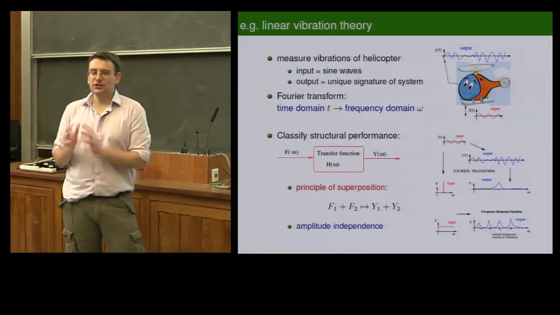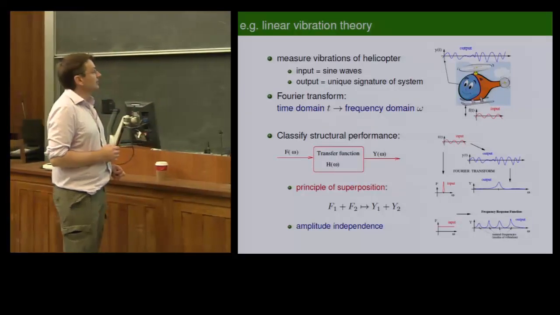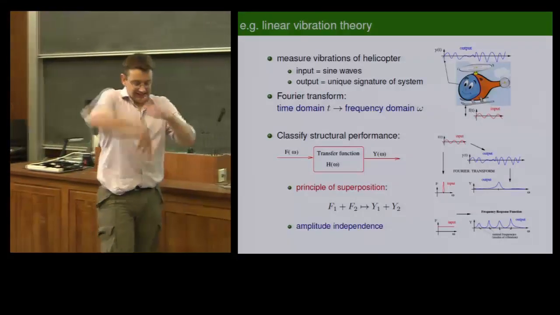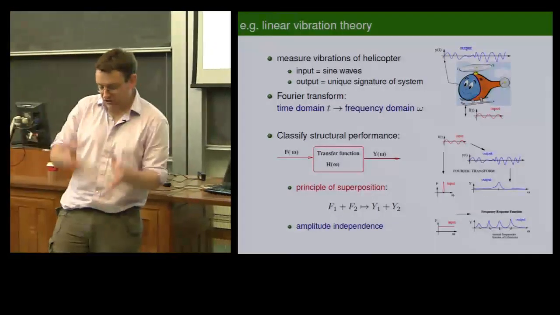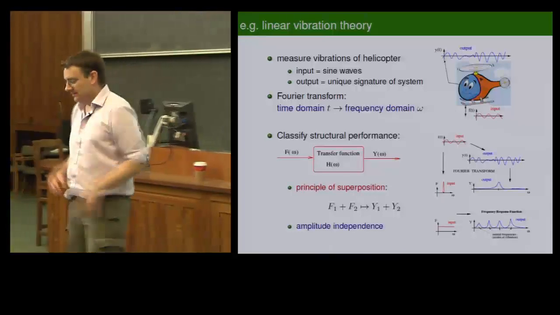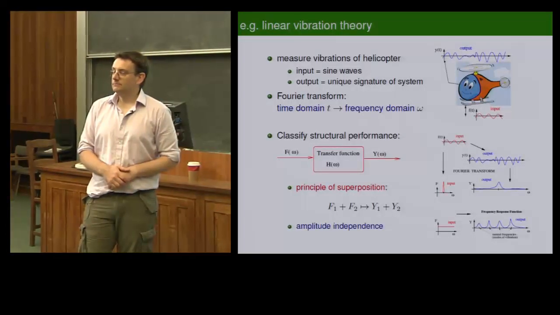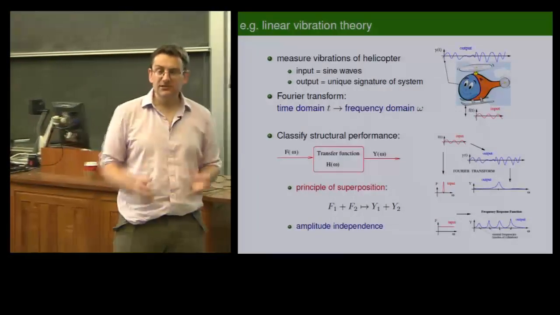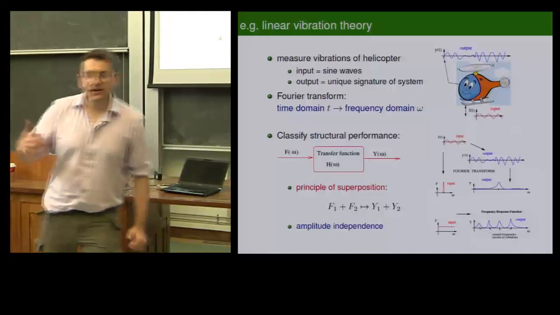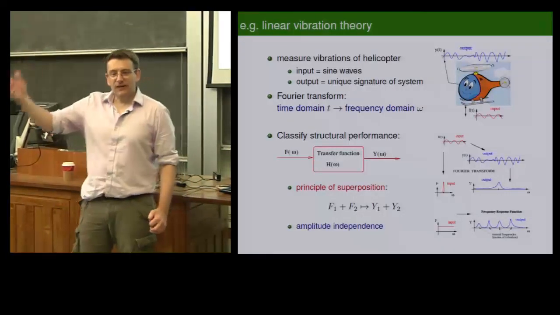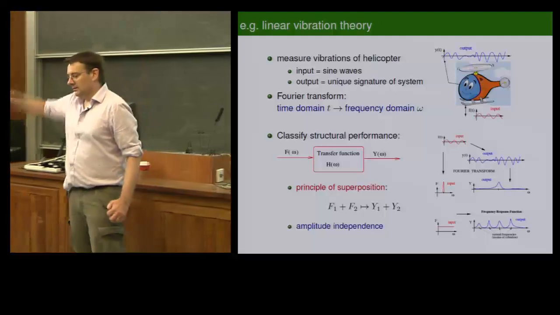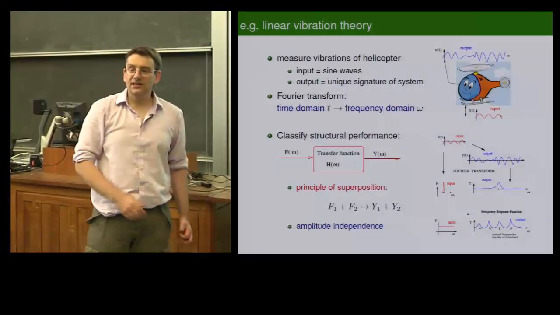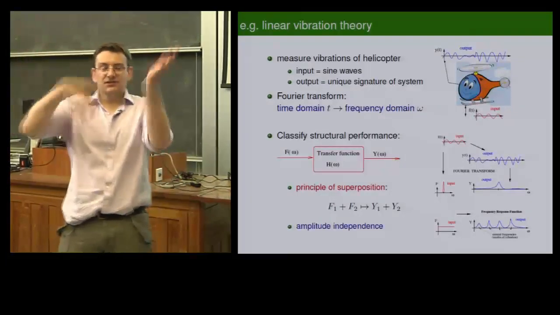It uses the assumption of linearity, and it uses it like this. There's a very clever idea called the Fourier transform that basically says we take this chaotic signal or this random signal, this noise that we're shaking the helicopter with, and we say, what frequencies are there in there? This is called the Fourier transform. You break something down into its frequency components individually. And then you work out the response of each frequency, the response of the structure to each individual frequency,